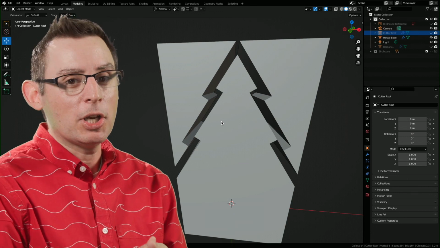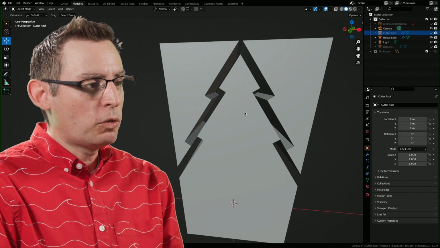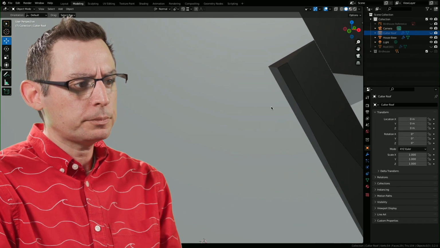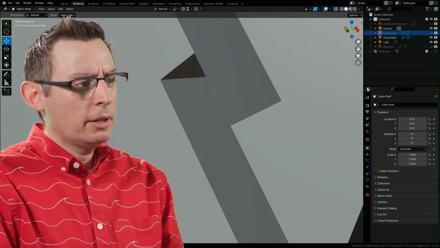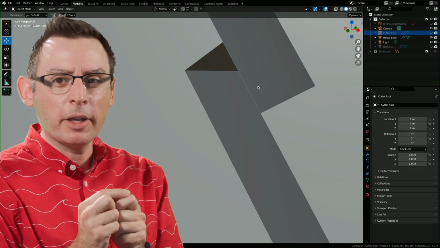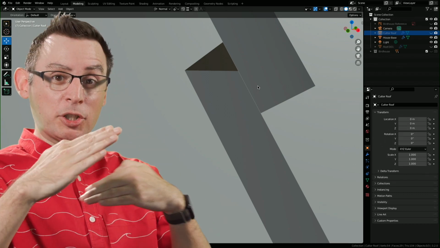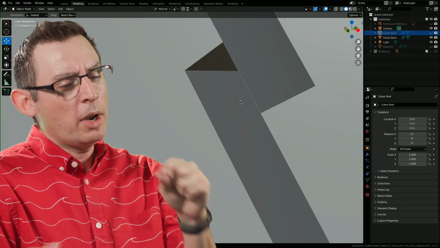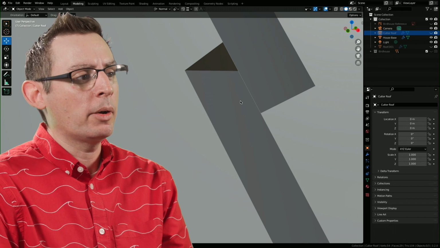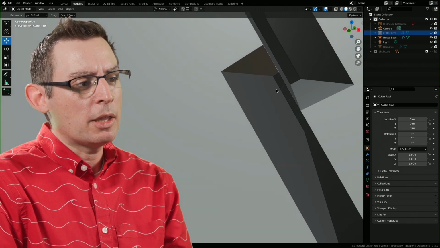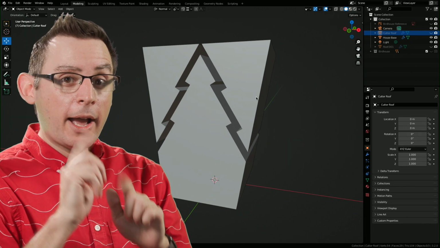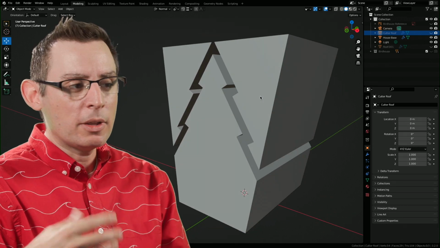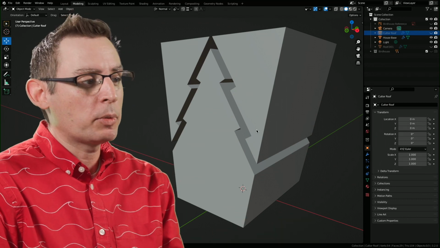Now we have a couple challenges in here that we still need to overcome. First and foremost, we have all of this in here. I don't want that. And if you look very carefully down in here, there's a very thin polygon. I must have messed up when I was establishing the distance between all of my roof panels, and the distance between number 2 and number 1 may have just been a nanometer off. So the Boolean operator is creating this thin little line. Not to worry, I have a solution for that. That's going to be pretty cool. Before we go away and start solving these problems, let's talk about what this Boolean operation is giving to us.